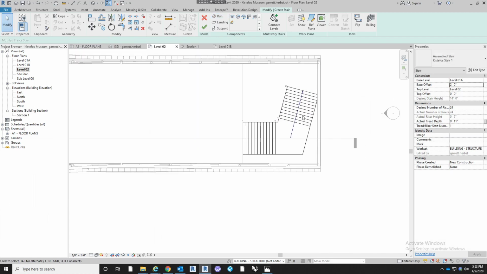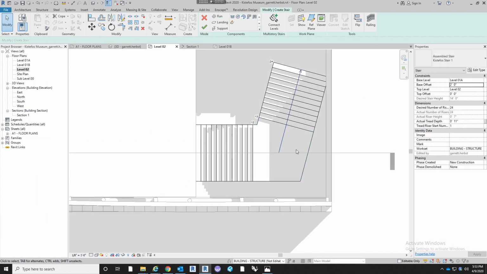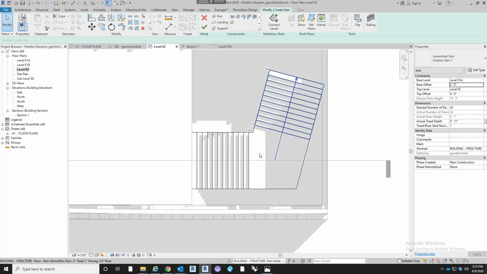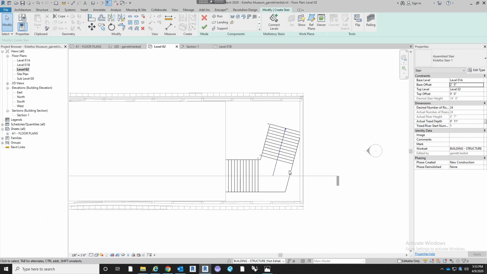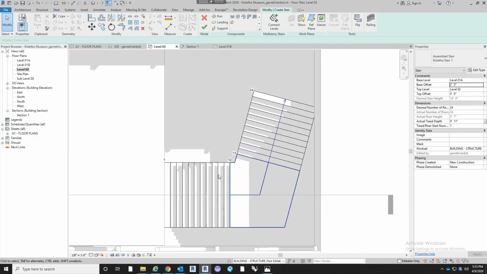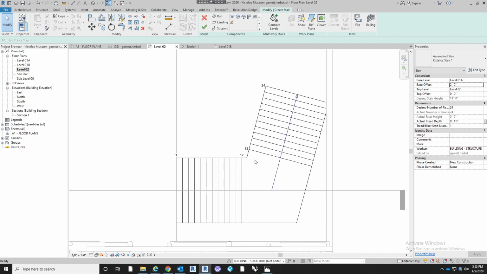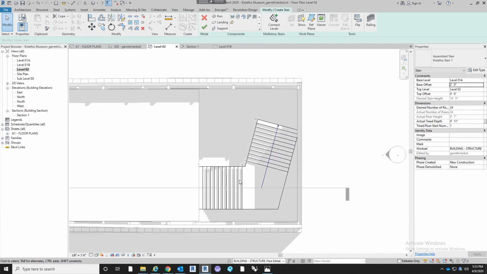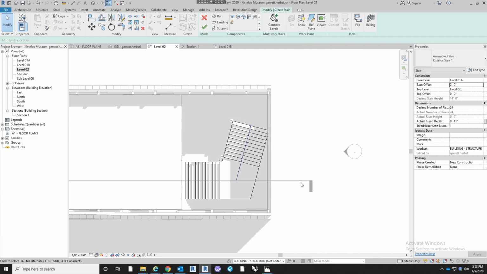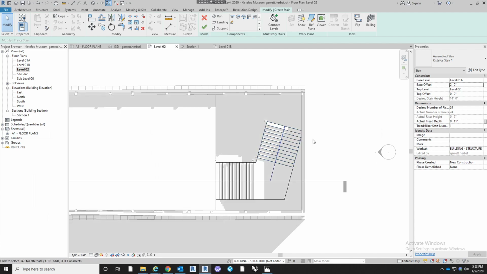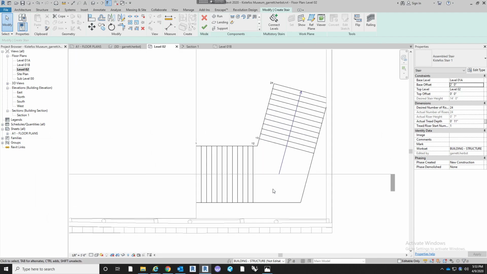That's good. And so that automatically creates a landing for you that connects the two ends of the runs. Remember, when you're doing this by code, I think it's an elevation change of, or no, it's 15 risers or more. You're going to need a landing. So make sure that you are aware of that before you just create one straight set of stairs, because people need a rest between